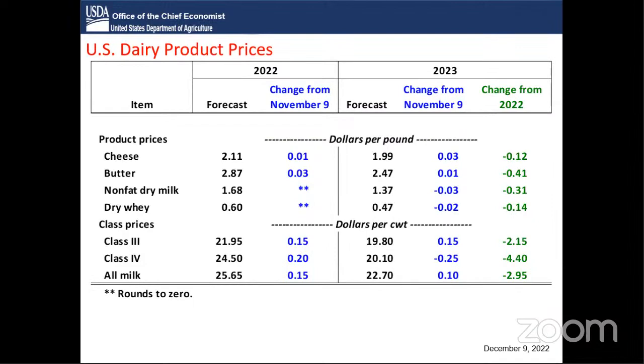So just to wrap things up here with dairy prices. Small increase in the cheese and butter prices for 2022 based on strong demand. And again, nonfat dry milk and dry whey for 2023 prices seeing some pressure from the international markets there, for reductions out here. And then the class prices for 2022,